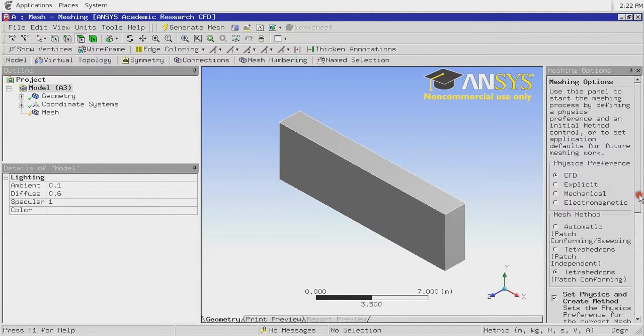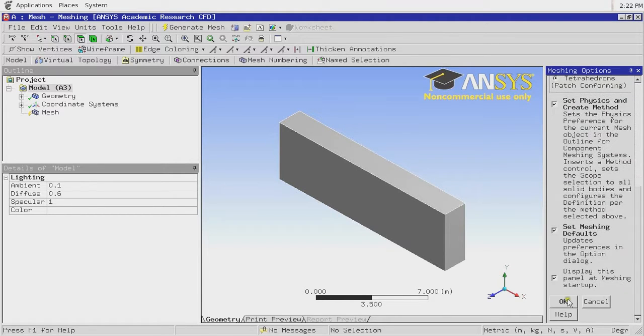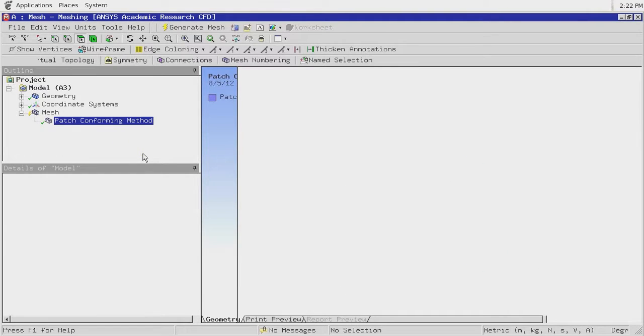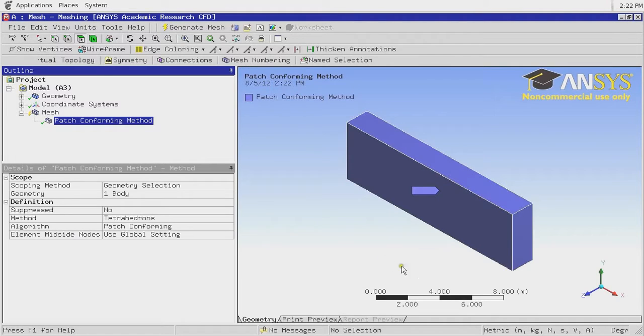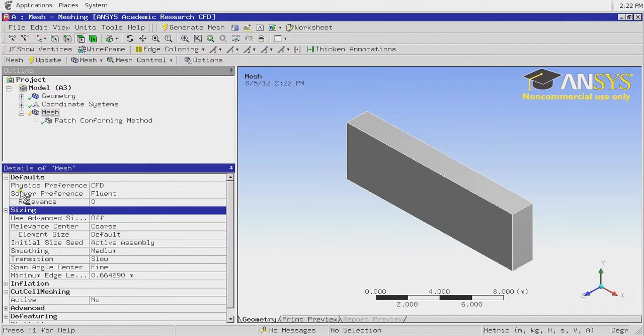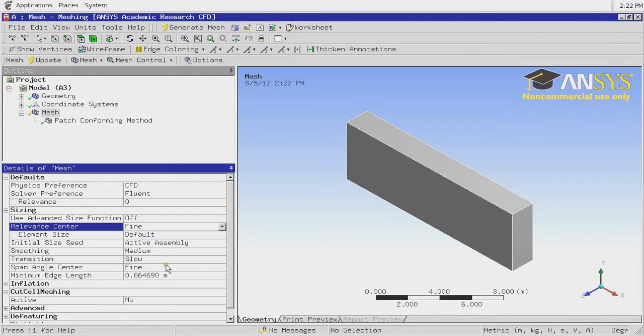Okay, so what's going on now? Alright, I'm gonna choose OK. And the system is very slow today. And tetrahedron, go to the mesh, go to sizing. Sizing, it determines the size of the mesh. We are going to choose it as fine. No, we have to choose it as,